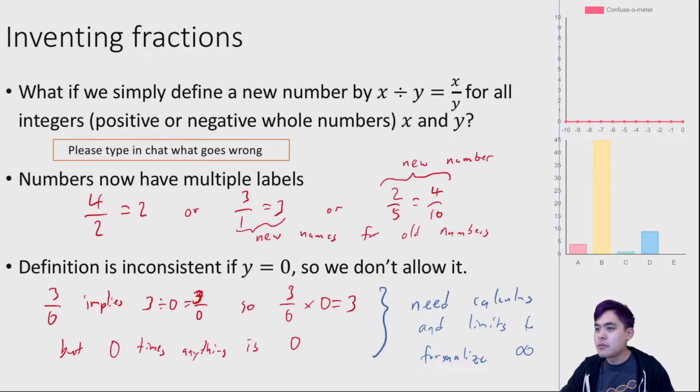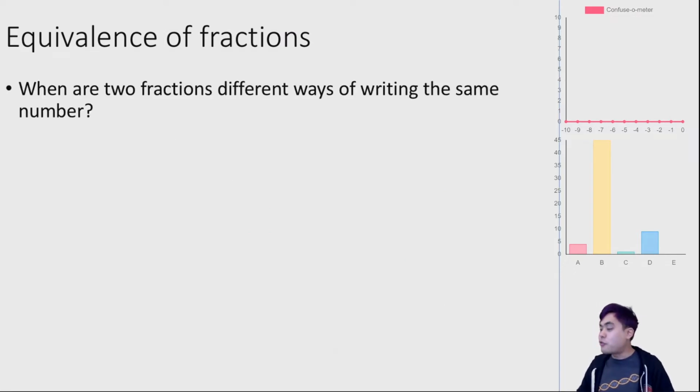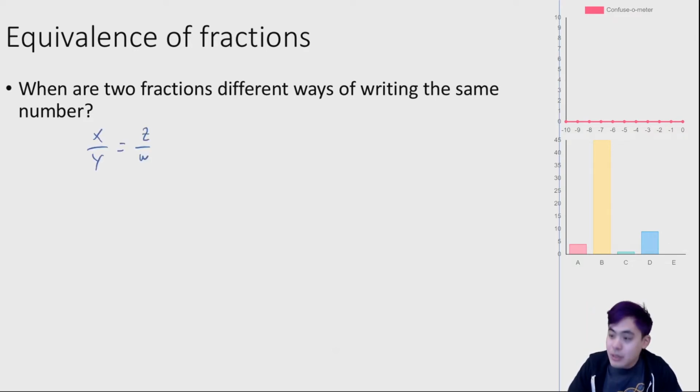Okay, great. So what are two fractions, different ways of writing the same number? Well, let's do this in the abstract first. Often I've been teaching this class by giving you concrete examples first. But when mathematicians look at these things, we often look at them super abstractly, with x's and y's and z's. So if we have x over y is equal to z over w, well, one thing we can